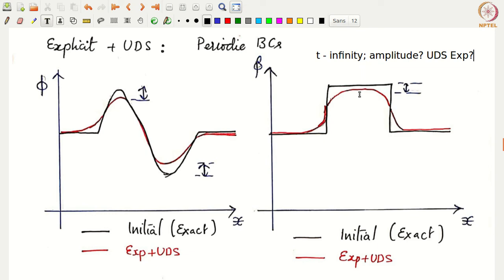That should be smaller, right? Because continuously as you are integrating the equation, your diffusion is taking away the energy from the solution, right? So as a result, it will be smaller and smaller, and what will happen in the limit of infinite time? The exact solution will remain the same because it dictates that it has to preserve the amplitude and it only shifts in location, whereas if you solve it with one of these methods, eventually the amplitude will go to 0, right? Everything will disappear. Okay.